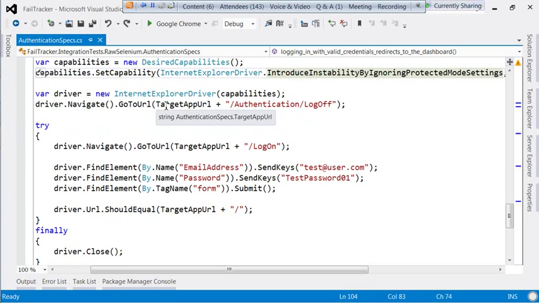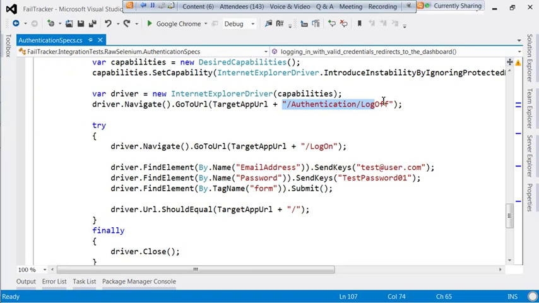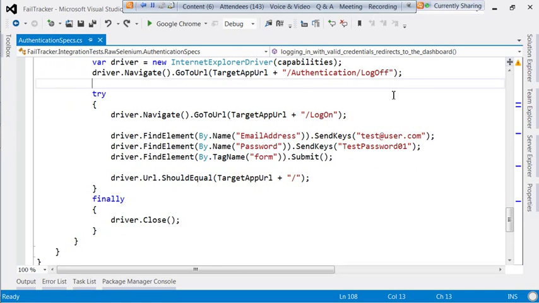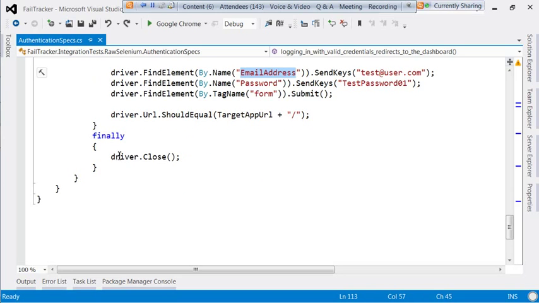I have to manually start up the application locally, and then I have to point this constant at my application running locally. I have these magic strings for the URLs that I have to remember to come in and change if my routing should change, or if I should rename a method on my controller, or if I should rename the controller itself. I have these magic strings for locating elements on the page, which again, if I should change my page, I've got to remember to come in here and change these magic strings,